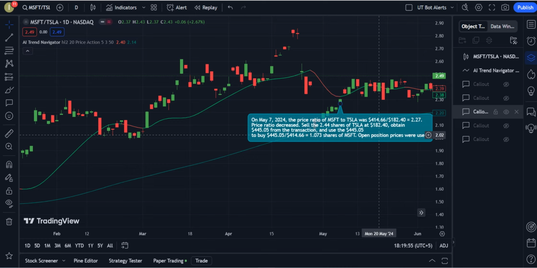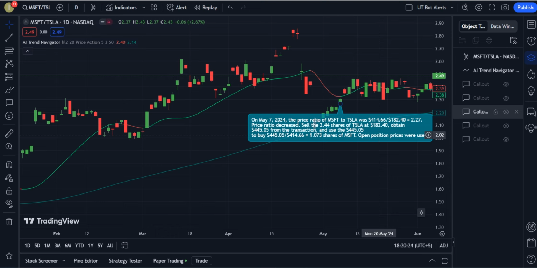And then we would use that $445.05 to buy 1.073 shares of Microsoft. So $445.05 divided by the price of Microsoft, which was $414.66, yields 1.073. So we're able to obtain 1.073 shares of Microsoft stock by transitioning to the higher price stock when this price